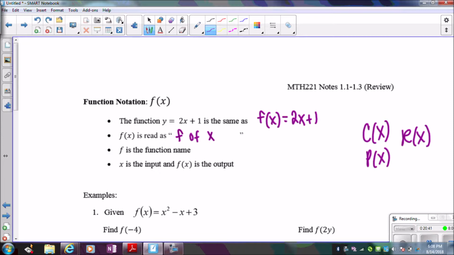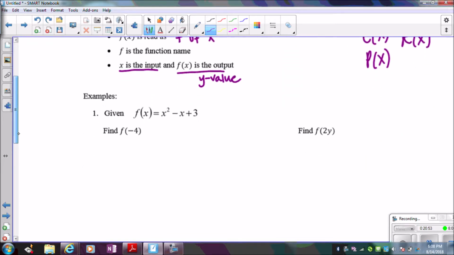X is the input. So that's what you're going to input into the function. What you get out is the output. So this is like the y value. So if we look at these examples here, it's asking us to evaluate some of these inputs. So basically f of -4 means I'm going to input